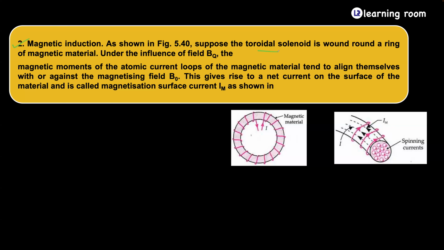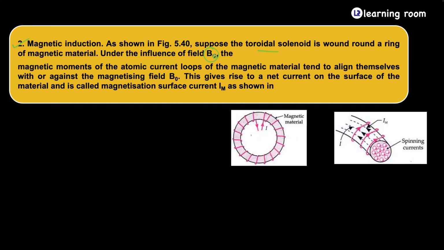Okay, what will happen is, as soon as you pass the current through the wire, there will be a magnetic field generated due to the current within the wire. And there will be some magnetism induced inside the magnetic material. So the sum of these two magnetic fields is what is called magnetic induction. Make sense? So having said that, let's try to understand. Under the influence of the magnetic field B naught,